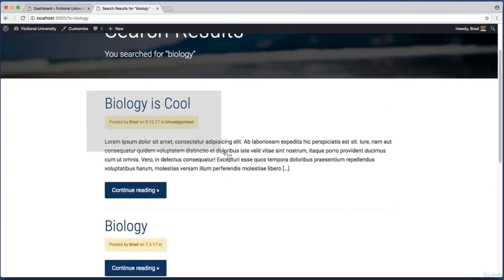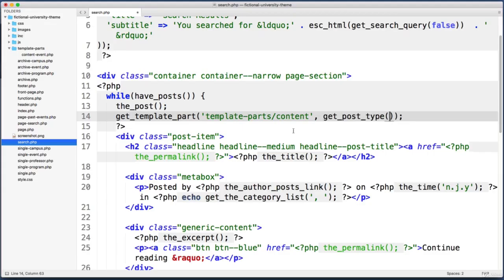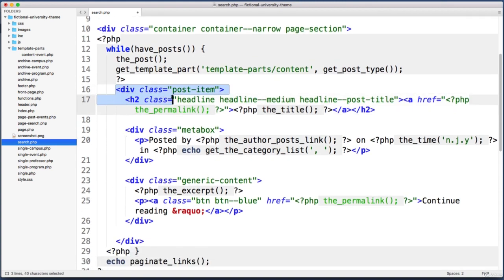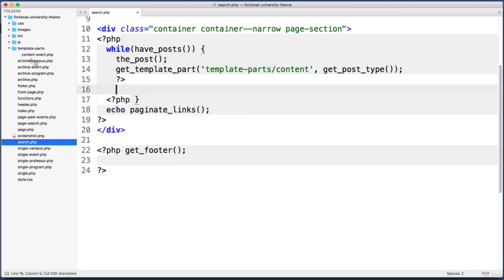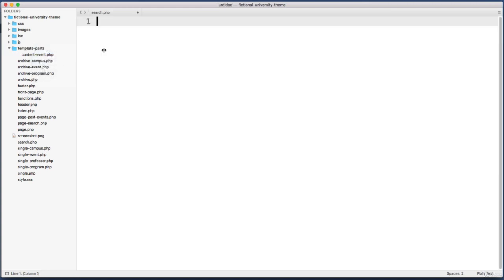As an example, for this first result, since it's a blog post, WordPress would try to pull in a template file named content-post. So let me show you what I'm going to do. This code down here, this div with a class of post item, that's basically the template for a generic post, a blog post. So what I'm going to do is copy this entire div, or actually cut it into my clipboard, and then within our subfolder of template parts, let's create a brand new file